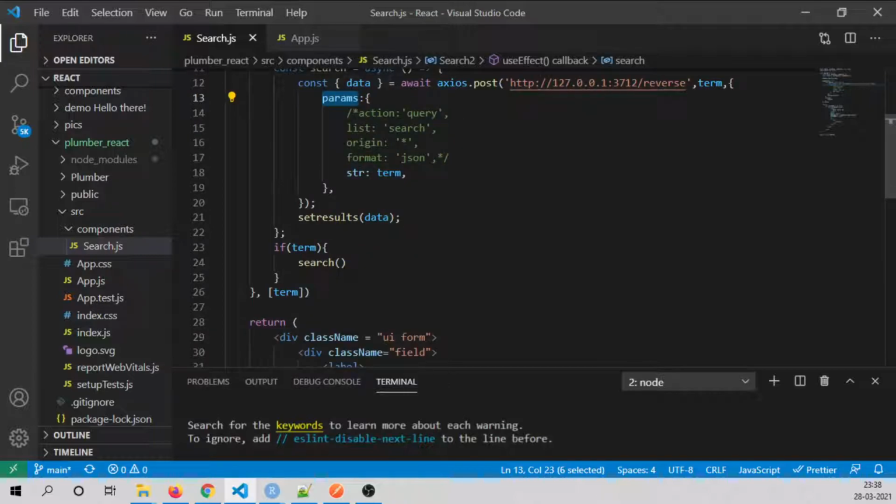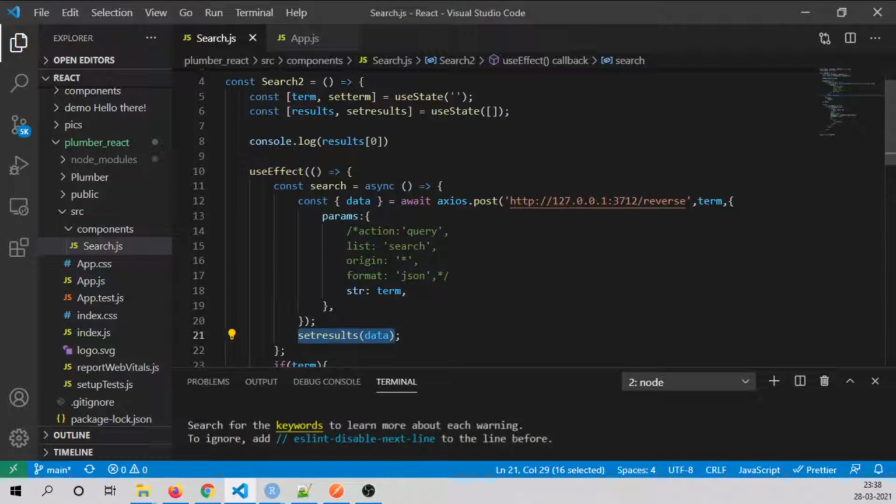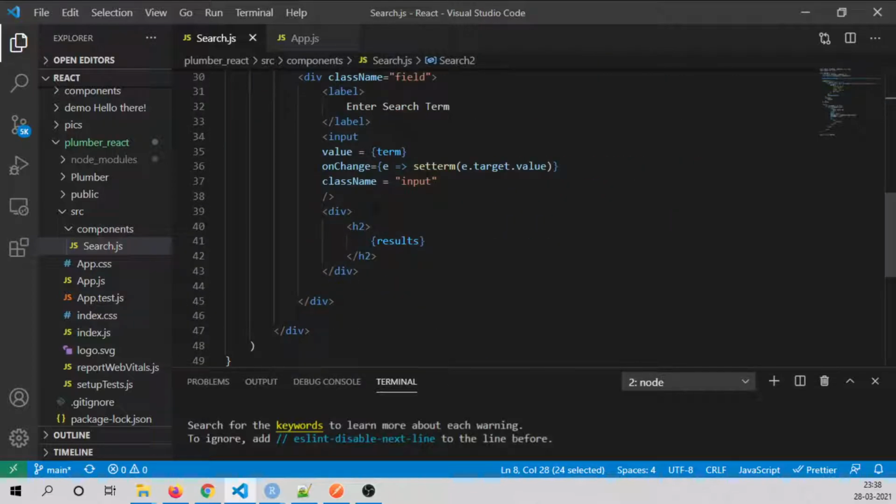And we are going to set the data, and also print the data in the console, as well as print the data on the screen. Yes, so this is all about how we can integrate the Plumber API in React.